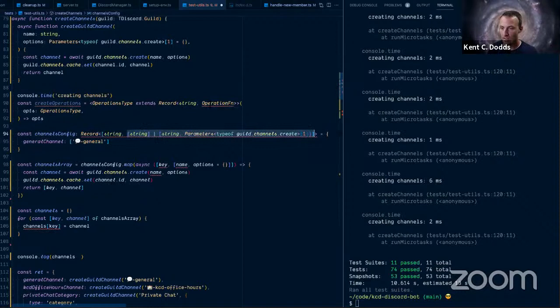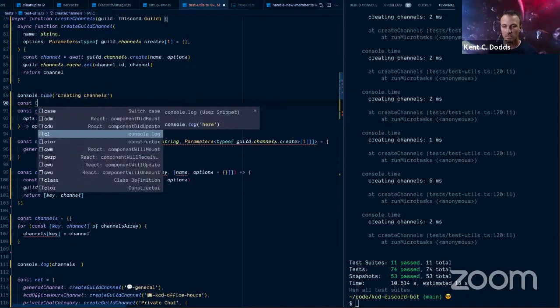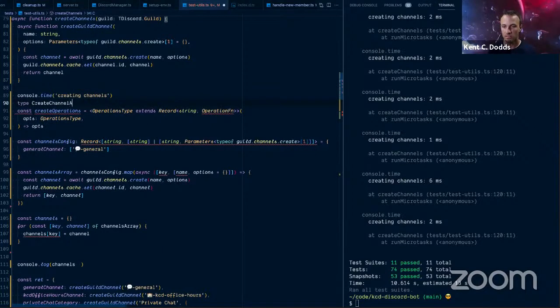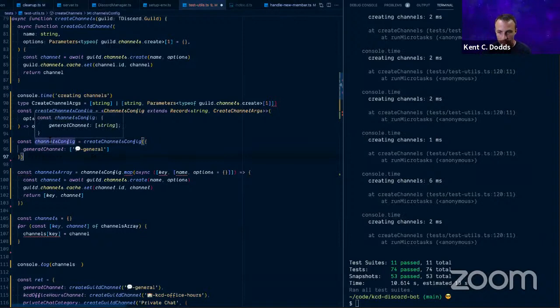So we can specify here, let's type create our channel args. And then this is channels config. And this is create channels config. So then, there we go. Okay, sweet. So now channels config can be